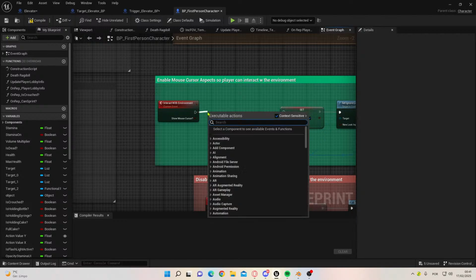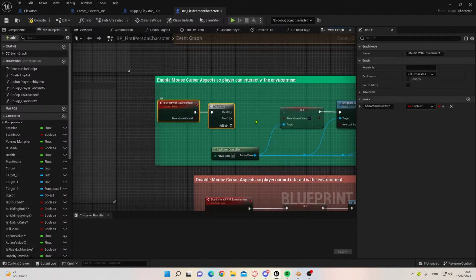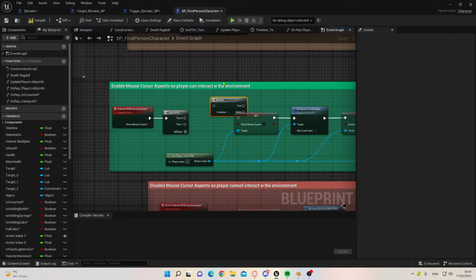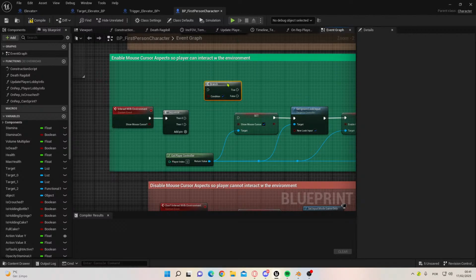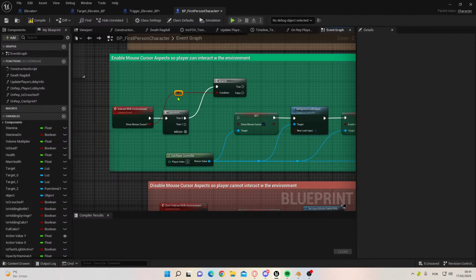No, we need a sequence, and we need a branch. I need to stretch this here. On 0 we need to get if player wants to show the mouse cursor. No, if we want to show the mouse cursor. If yes, if we want so,